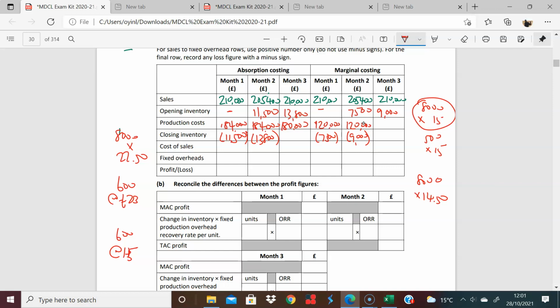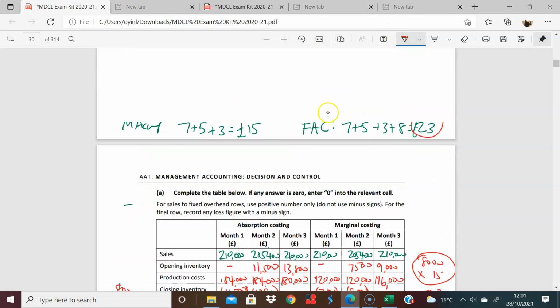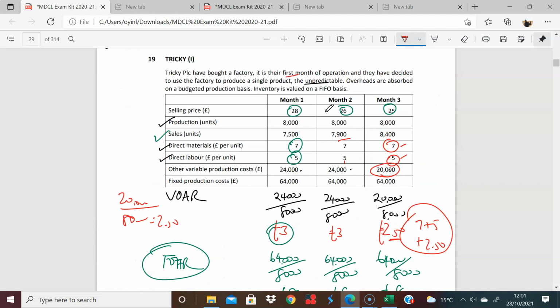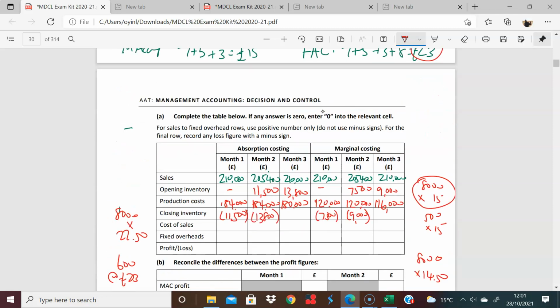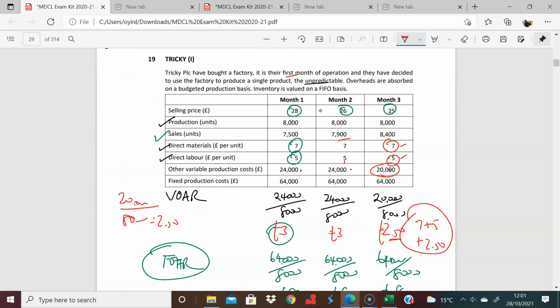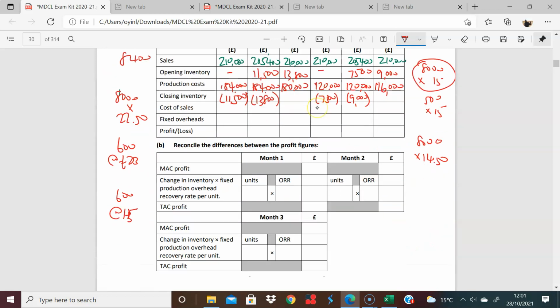And here you have your 8,000 times £14.50, and that's 116,000. Yes, and we know, again, we just have to look at the situation that you started month 3 with 600 units, right? We know that you had 600 units left over from month 2. So you started month 3 with 600 units, you produced 8,000, and it says that you sold 8,400, right? We can see it. It tells us you sold 8,400. So you must have had 200 left